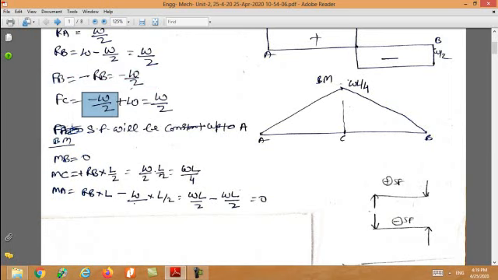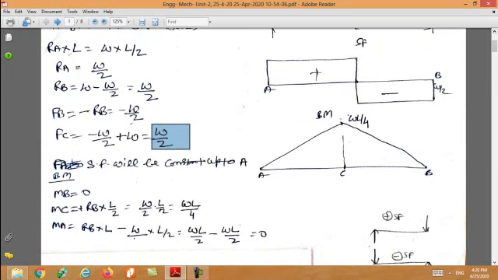And plus this W. Why is W positive? Because you are starting from the right side, and a right side downward load is seen as positive. So finally it is W by 2. From C to A, there is no other load, so this value will be constant. In this diagram you can see this value is constant and positive.